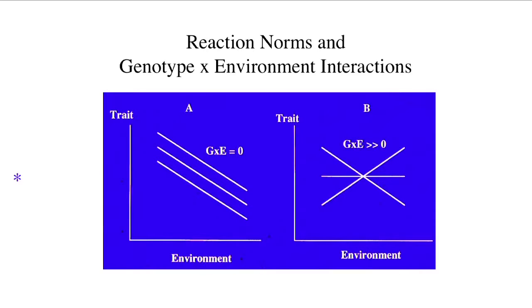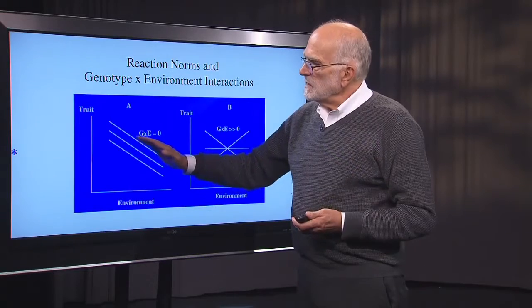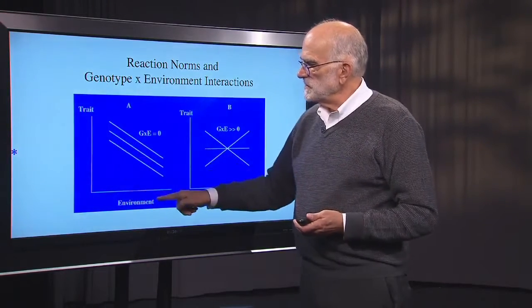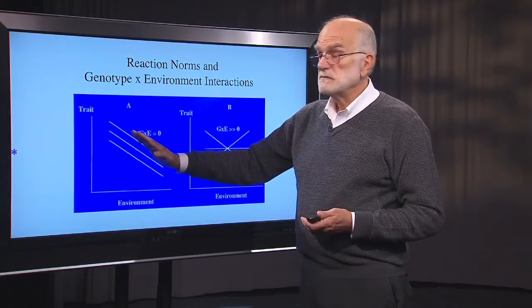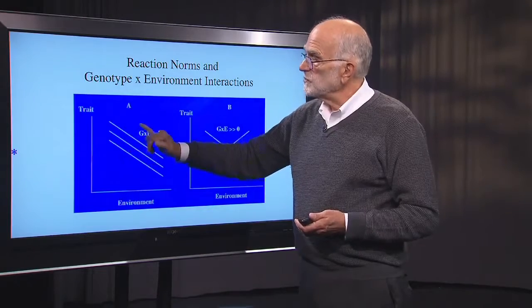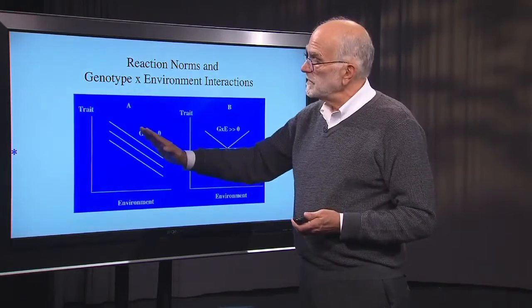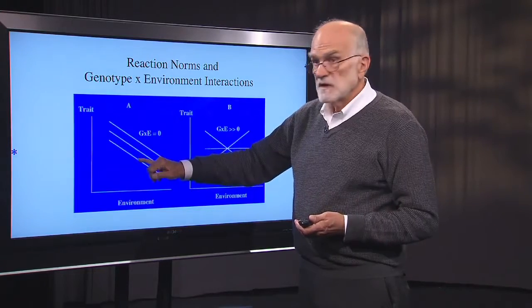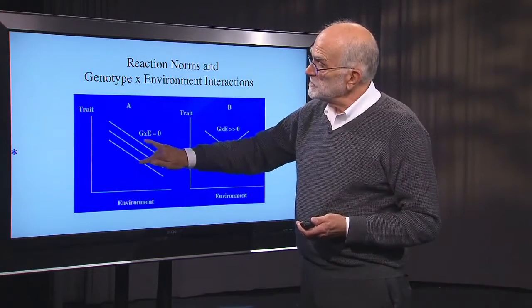There is also a relationship between patterns and reaction norms and what we call genotype by environment interactions. Here we have 3 parallel reaction norms. Now, they are all exactly equally sensitive to changes in the environment because they all have the same slope. So they're not interacting with the environment. The genes are not producing qualitatively different reactions. It is true that one of them has a higher mean value than the other, but that relationship doesn't change